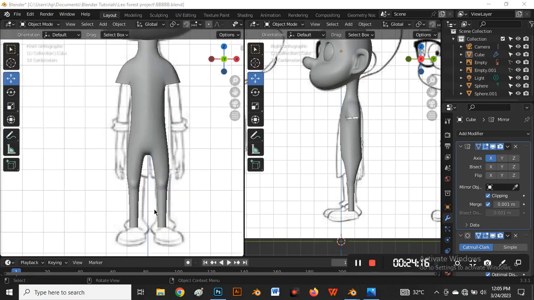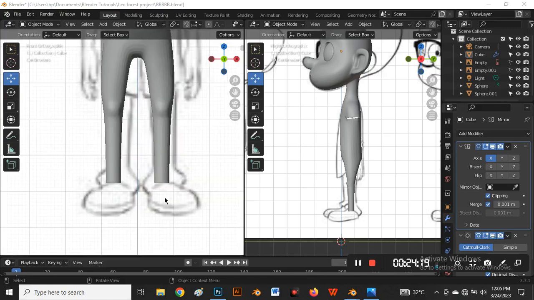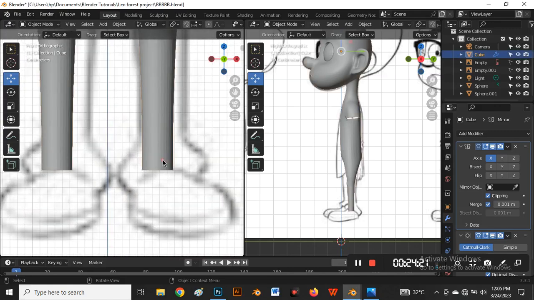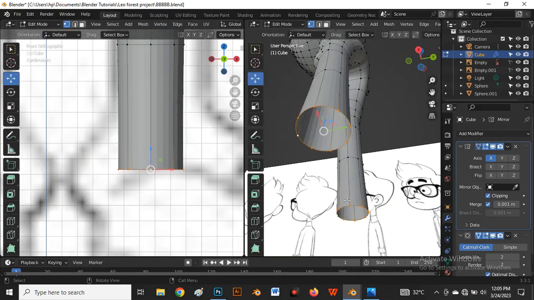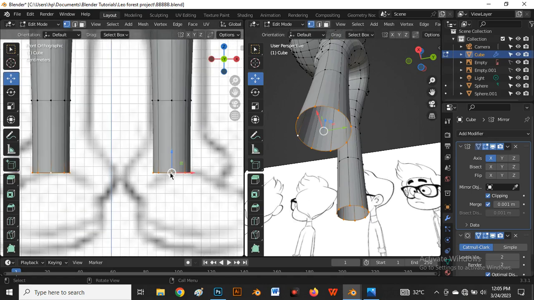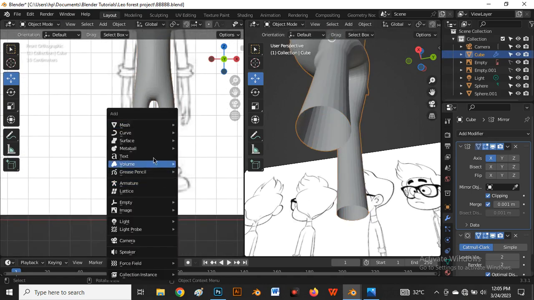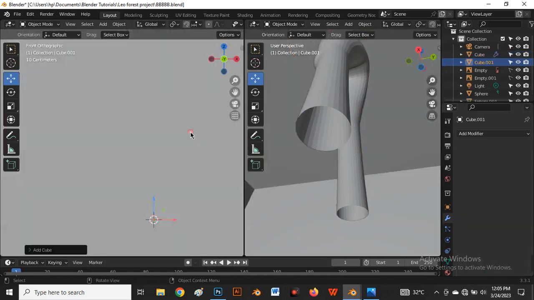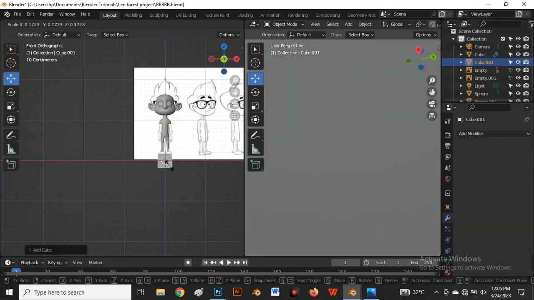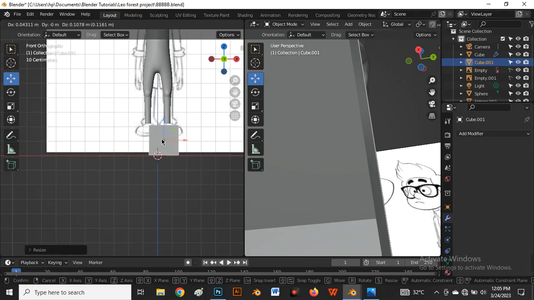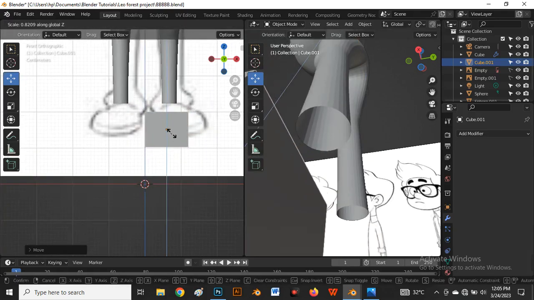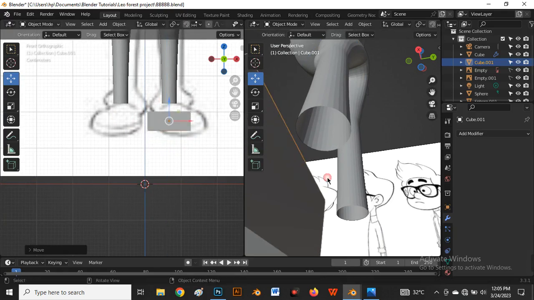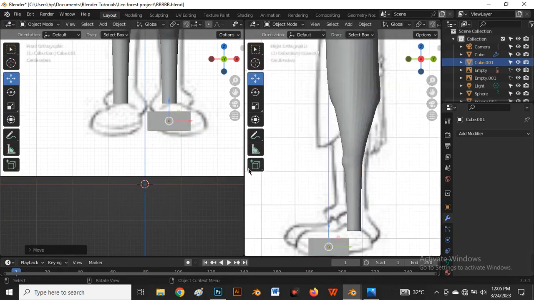So we're going to bring in a cube for our character leg, and mind you, our vertices are still 8 here. If you count all these vertices here, they are 8 in number. So we're going to consider that. So Tab for object mode, Shift A, come to mesh and bring in a cube, and say S to scale this cube, S to scale again, S and Z to scale on the Z axis,